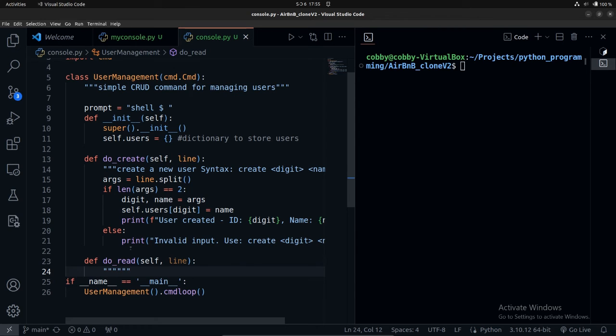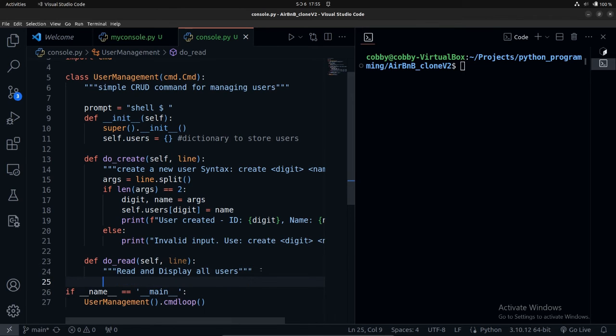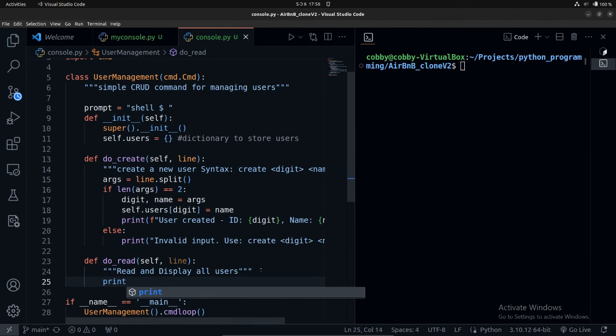So we want to read and then display all users. All the users you've created, you want to be able to display them. That is when you need the read. Let's see how this would be a very simple method. We just have to display, or you just have to print, right? So we will print something like this, and we say list